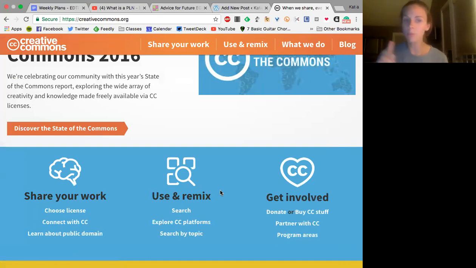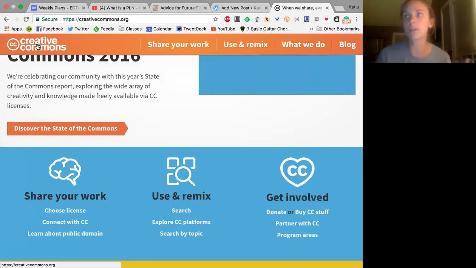You can say it's copyrighted, nobody can touch it, or you can say you want it to be shareable, usable and remixable by others. So you have that option. In terms of looking for photos, Creative Commons is a great place to go, and I want you to get into the habit of using Creative Commons photos that are copyleft and not copyright.